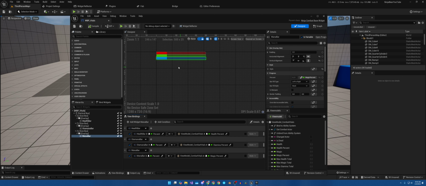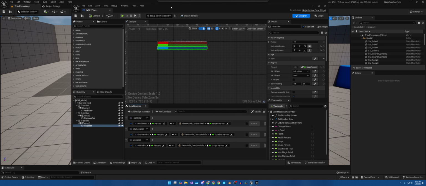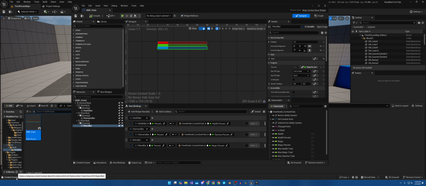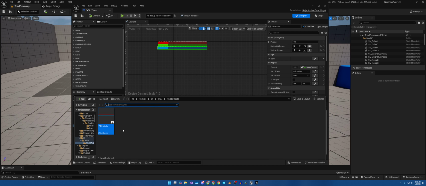But it's not going to do anything because right now it's not showing up on our HUD, and it's not showing up on our HUD because we currently do not have one. So let's go ahead and do that now. We're going to open it up here because then nothing's in the way. We'll go back up to HUD